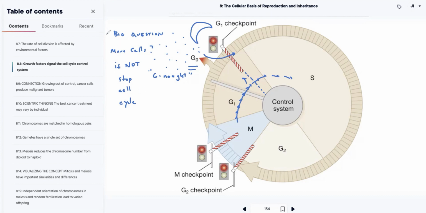So when it comes to the G1 checkpoint, we're really asking, do we need more cells, or do we want to stop the cell cycle? This is like our main point in which we stop the cell cycle because we don't need any more cells. The M and the G2 checkpoints are going to stop the cell cycle, but not because we might need to arrest the cells from further growth, at least not usually. The G2 and M checkpoints have other ways of rationalizing them.